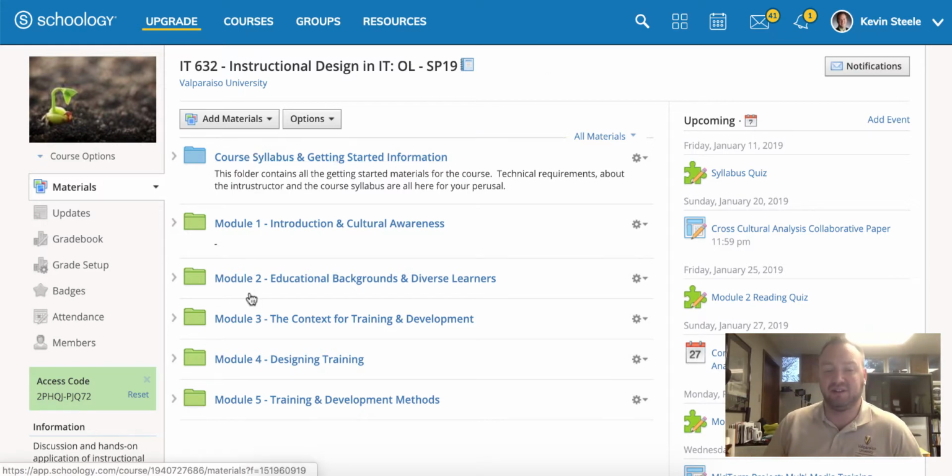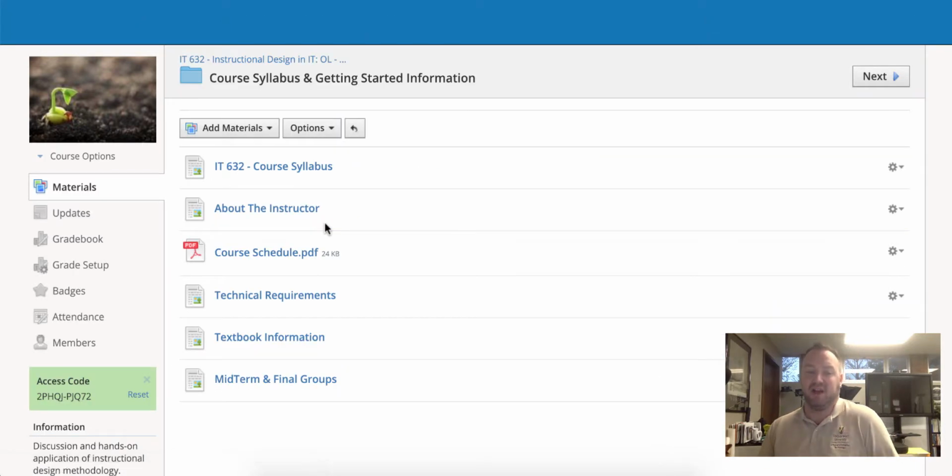You'll notice everything is aligned by learning module, and this is not complete yet. As I'm working through it, I'm going to be cleaning it up. It's almost complete, so I feel comfortable enough showing it to you. But your course syllabus, your getting started information is all loaded in here for you. This will also have information in the blue folder,